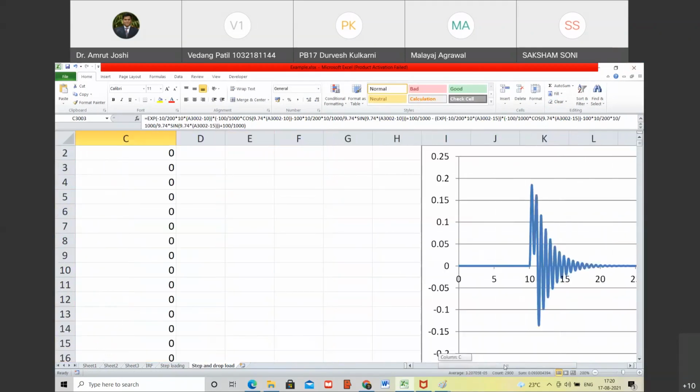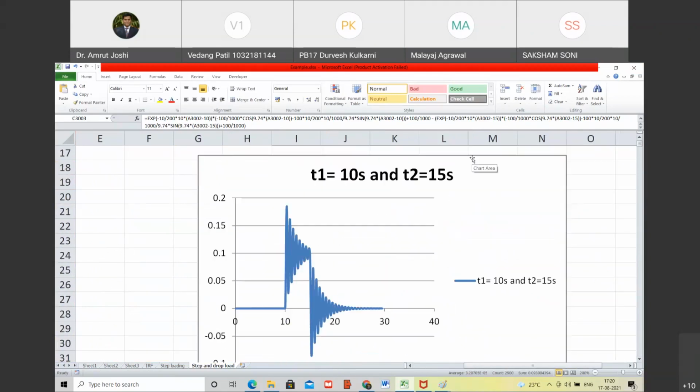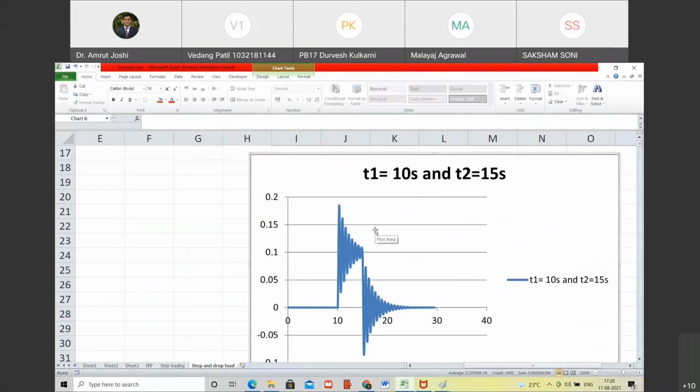Yes. This was the first graph. Look at the second graph. Are you able to see this, Veda? Yes, sir. So that's what we expected. Do you remember that? Yes, sir. Look, 0.1 is the value of static deformation under F. F is 100 and K is 1000. So what is 100 by 1000? F by K, static deformation, that has turned out to be 0.1. Are you with me?